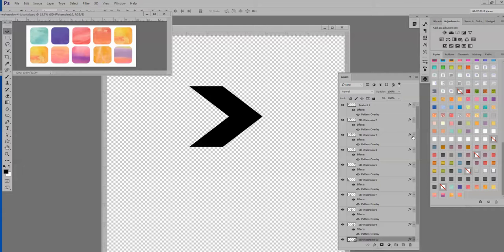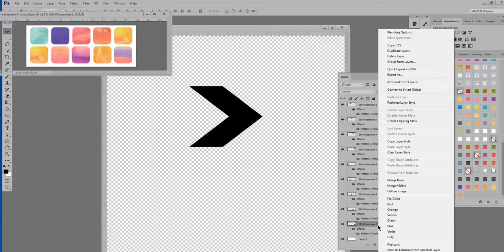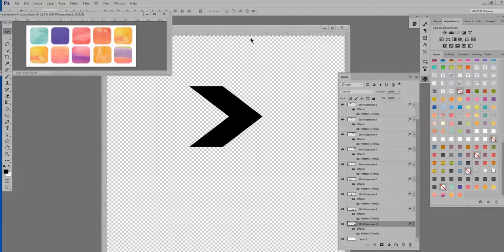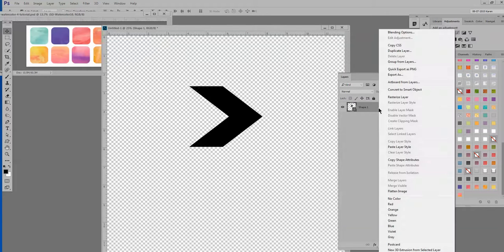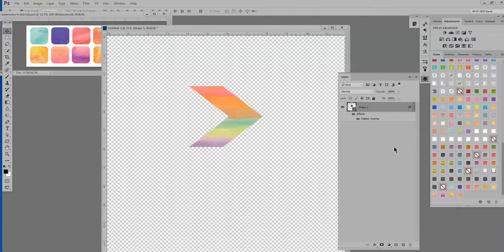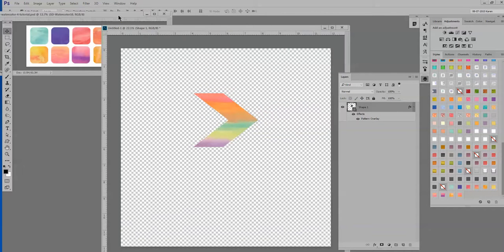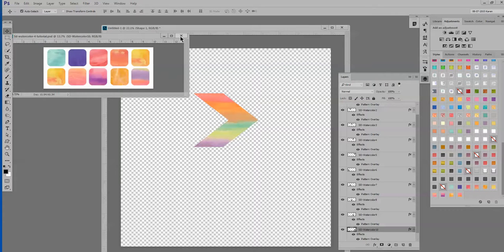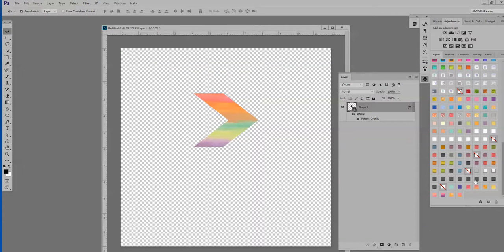Let's say you want to apply that very last one, and you'll come down to the last layer style here, right click to copy it, come back to your document and right click and paste. And now you have your style on your embellishment or text, whatever you're working on. And you can just go ahead and close your PSD document, and you haven't had to actually load the styles.